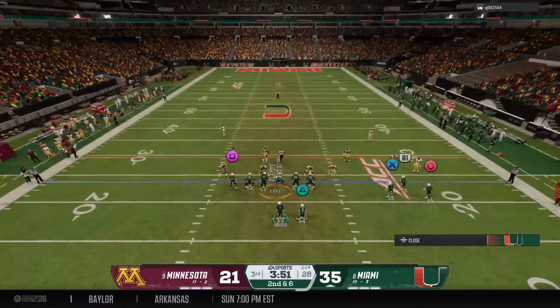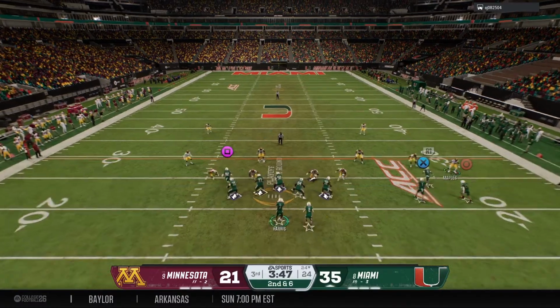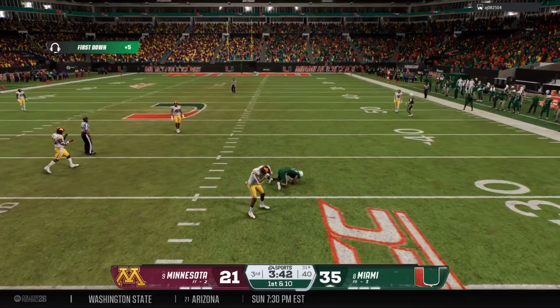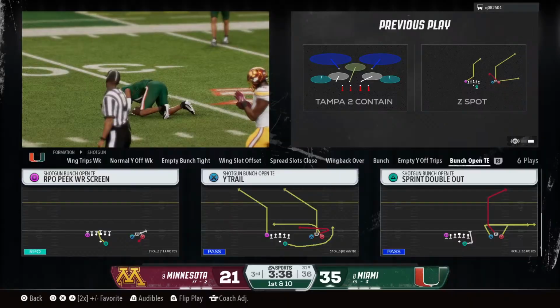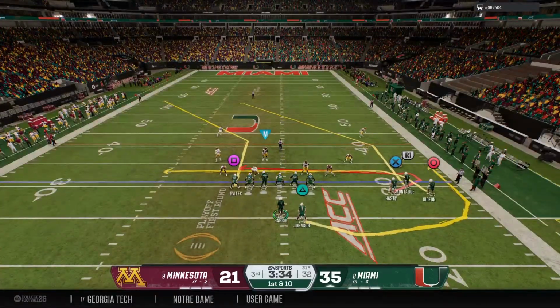Gain makes it second and medium. Quarterback checks the defensive look, makes some adjustments. Second down, we're going to throw it. The pocket is breaking down. The receiver grabs it and moves the ball out across the 30. That's good for a first down, a new set of downs after that completion.